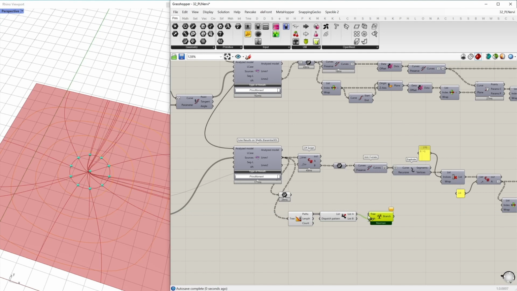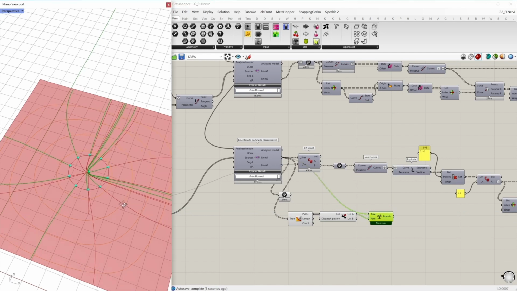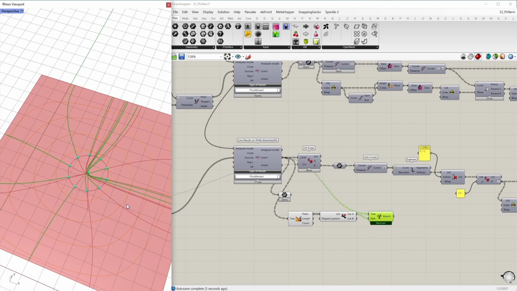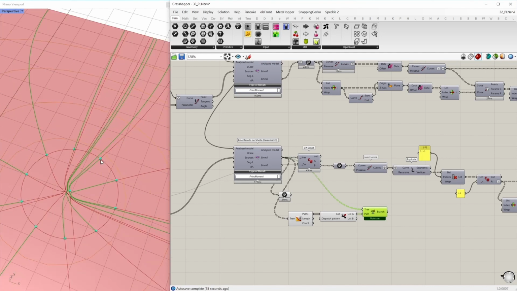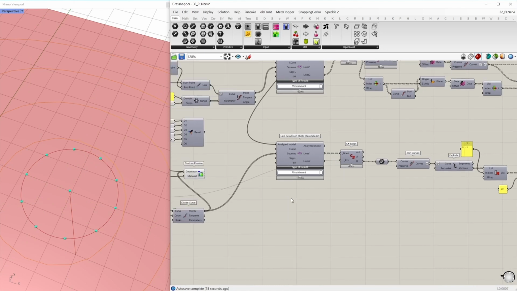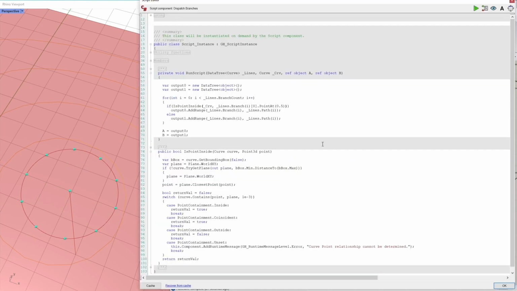And select them using the tree branch. But as you can see, Karamba doesn't know in which direction it draws the lines because there is no up, down, left, right. So now we have the problem that we have lines coming from here, starting in this direction, but we want this line. So for that we have this little C# script, which just dispatches the branches